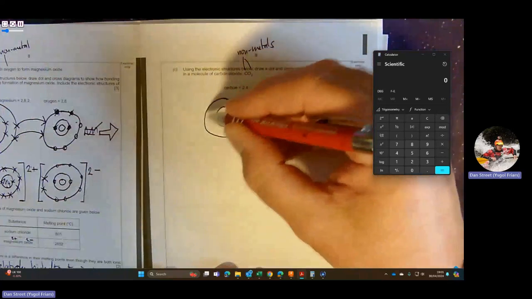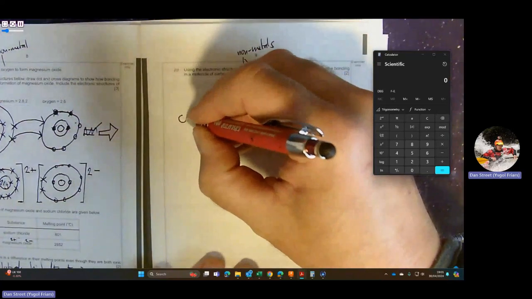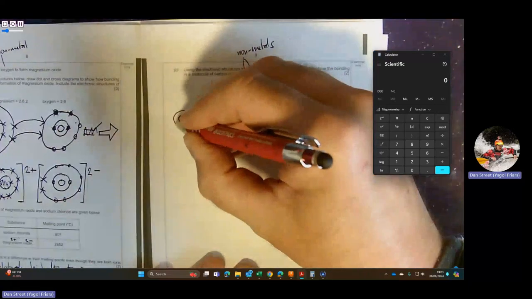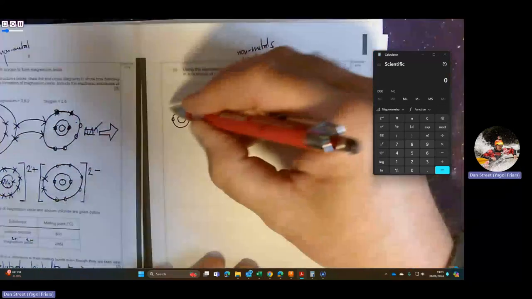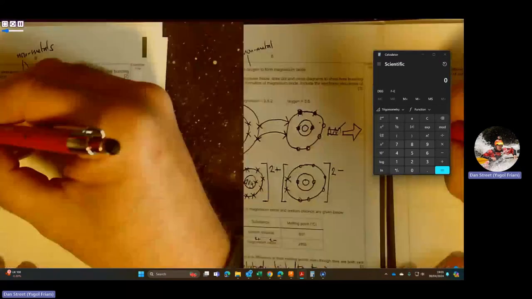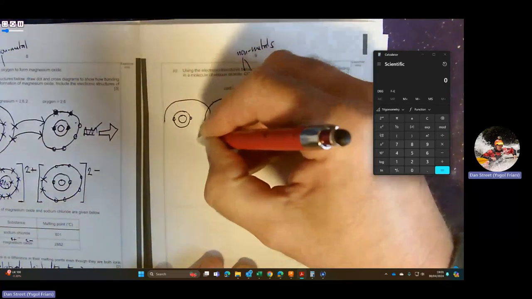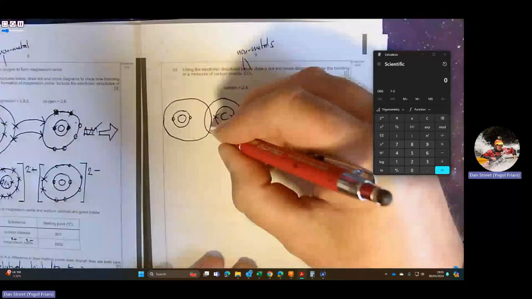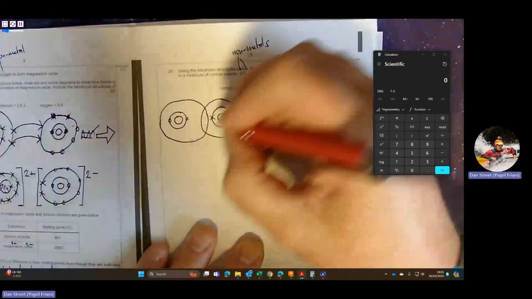So what I should have done is draw my carbon in the center of the page to make things slightly clearer, but we can get away with this. So the oxygen has got its 2 electrons, which I'll draw as dots in the first shell. And then because this is a covalent diagram, we have to make sure that our electron shells overlap. Okay, and I've drawn a deliberately quite big overlap